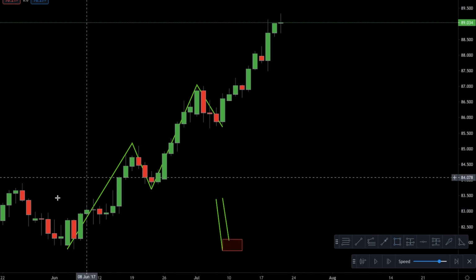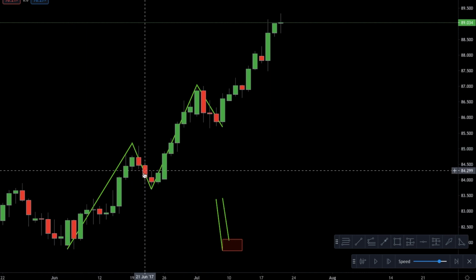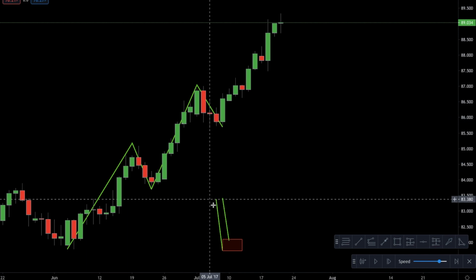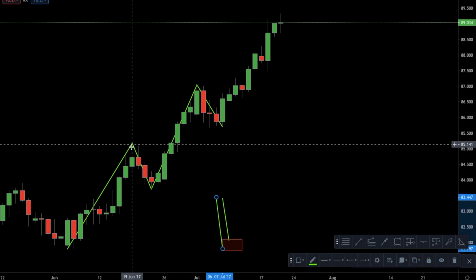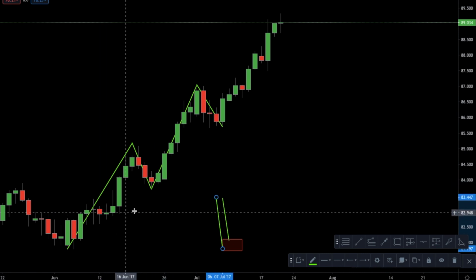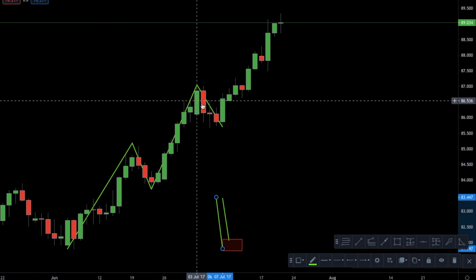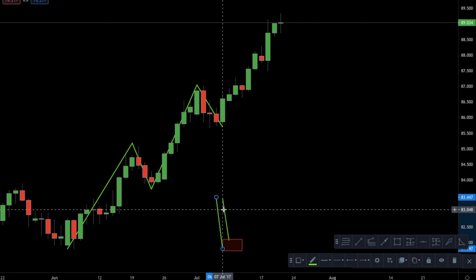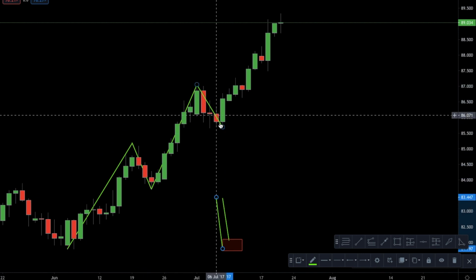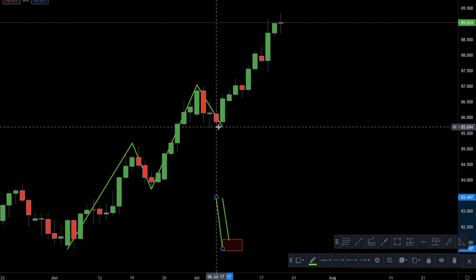Let's think about it. So here's our extension. Here's our pullback. Here was our extension. Here was our pullback. So here's my first pullback, right? It's a deeper pullback than this one. So if you think about it, what that tells us is that this extension up and this pullback was shallower than this one. Or there was less bearish pressure that came in the market, or selling pressure, before the bullish